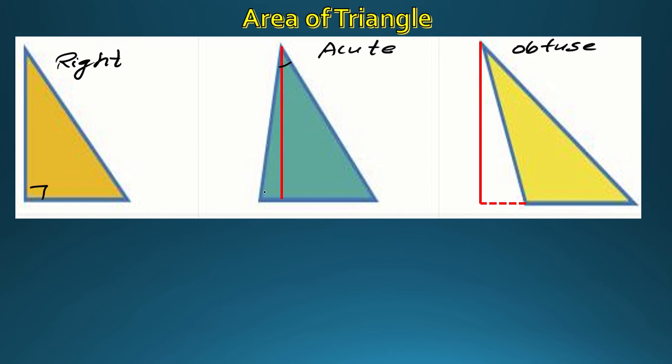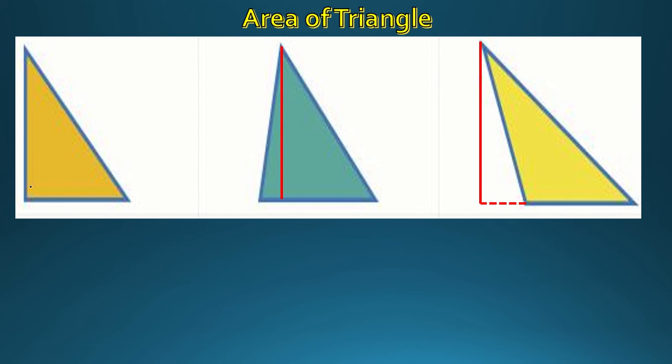Because all angles are less than 90. And why is it an obtuse triangle? Because one angle is more than 90 degrees. Okay. Anyways, this is extra information not related to the area. So we have to find, so these are the three cases, these are the three types of triangles you can